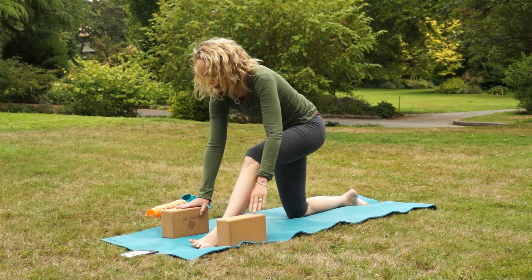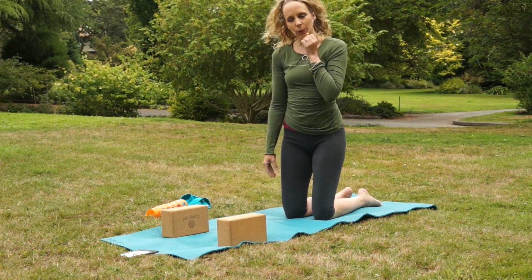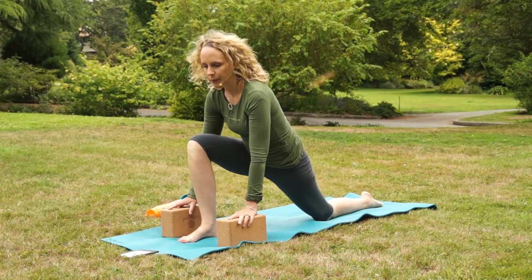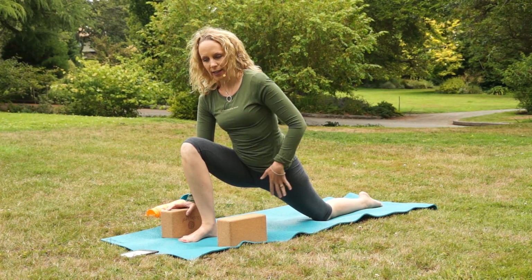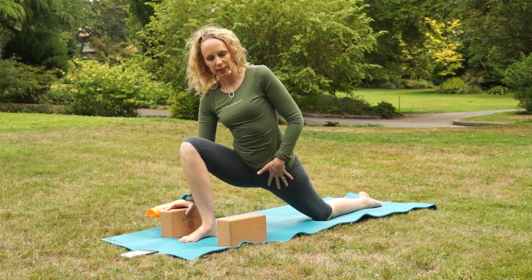And then you can shift back and switch sides so that you walk your right leg through, so that you're opening up the front of your left hip now. So this is another great pose to counter all the sitting that we do in our culture, because